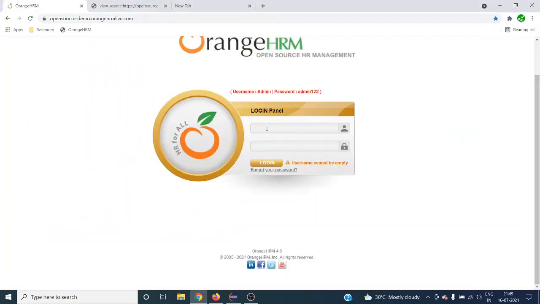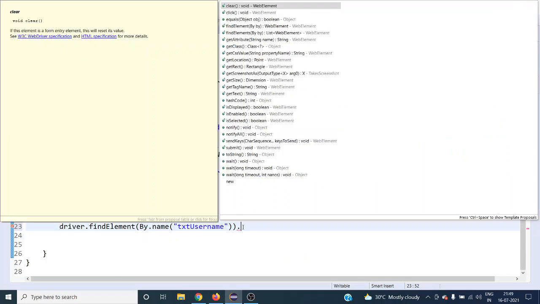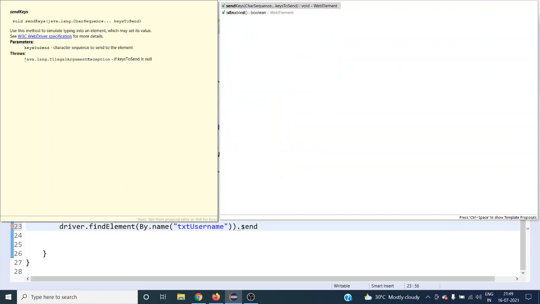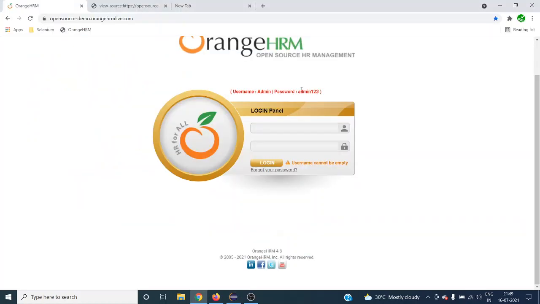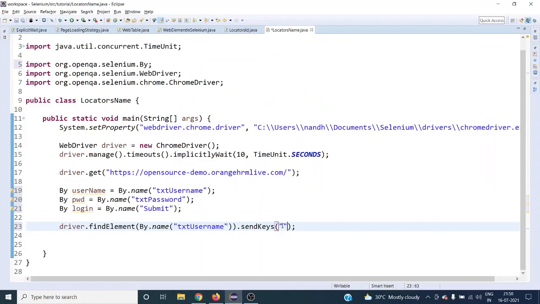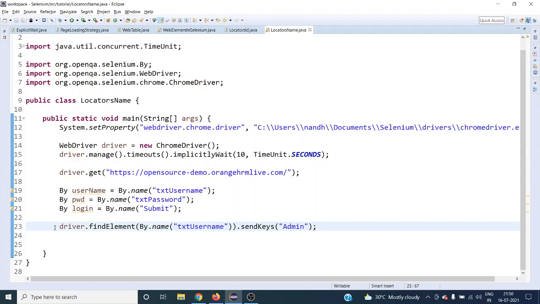So what you want to do here, then, is perform an action on this particular web element which we have located. For that, Selenium provides the sendKeys method. Using this you can type some text. So that's what we have to give from this website, as admin, right? So this is the username, right? So now what we have done, just we have done like this. So this will type. So the one particular web element action is done.